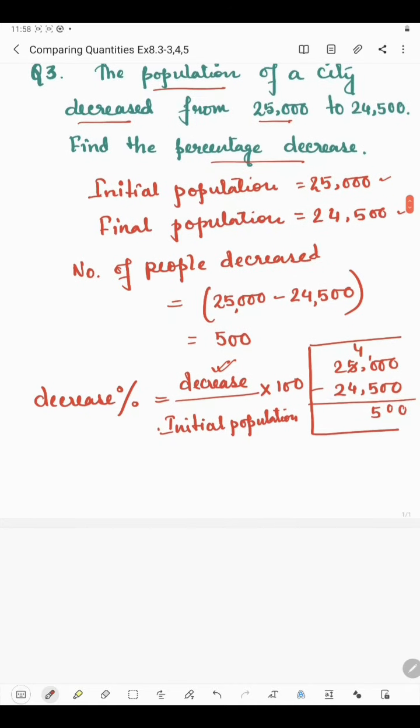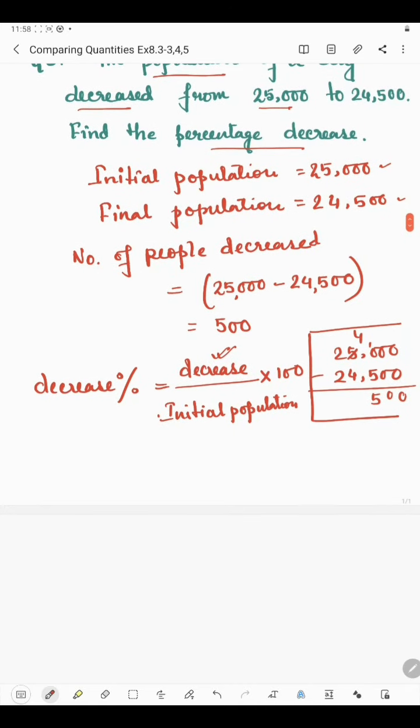And since you are finding percentage you will have to multiply by 100. Like in the previous question, to find the profit percent or loss percent, the formula was P by CP into 100 and loss by CP into 100. So in the denominator we have to put CP. Why? Because profit or loss is always on CP, right? Similarly, if you are finding decrease percent or increase percent, it will be on the initial value. So the initial value will be written in the denominator.